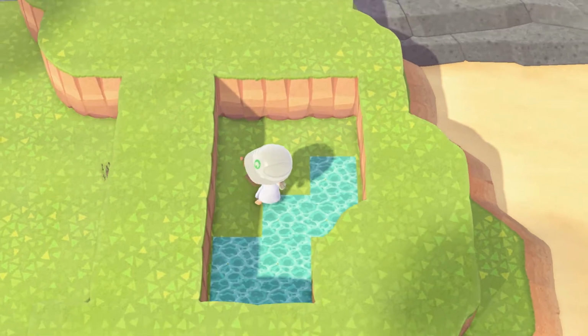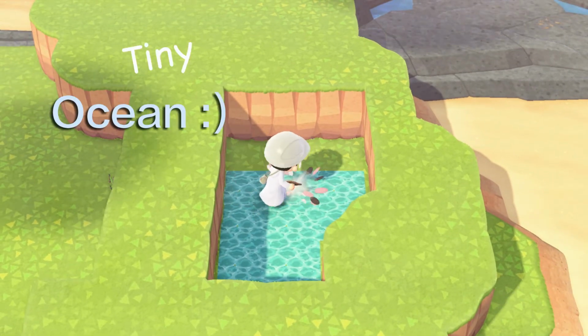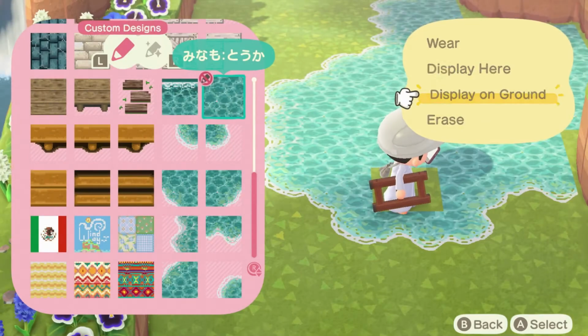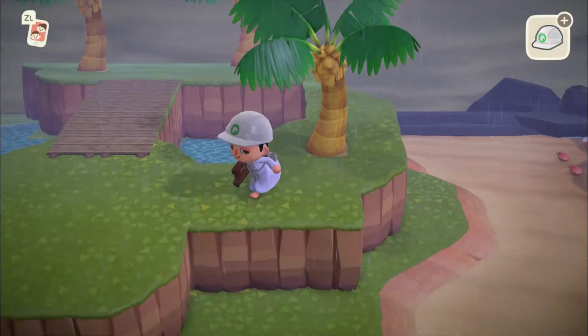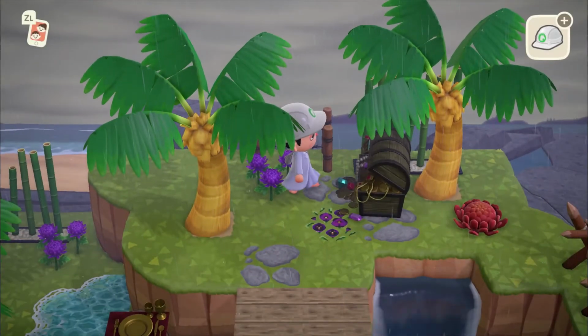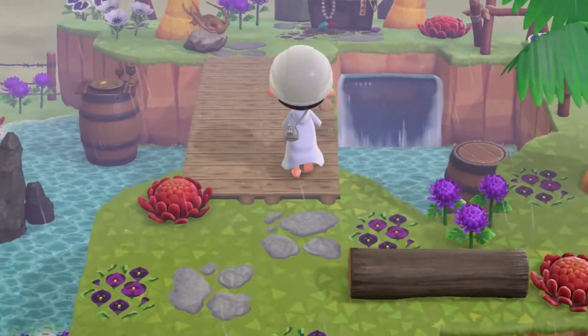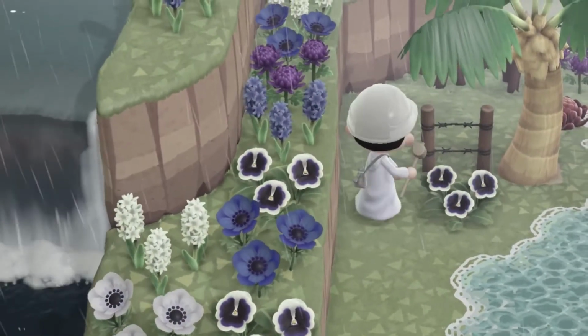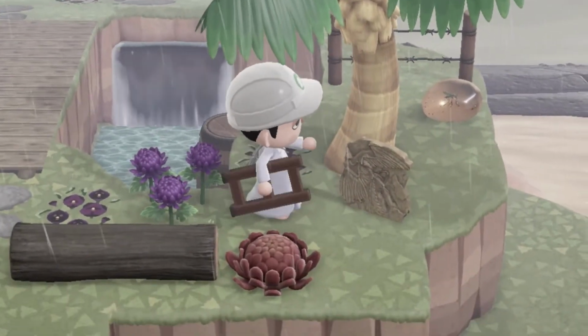Then, I started making the actual river, or in this case, the tiny ocean. It was about time to add the final details. I added a mighty pirate chest, some skeletons, a couple of flutes, and a lot of vegetation. And after a couple of minutes of me trying to survive in the deadly pirate island,